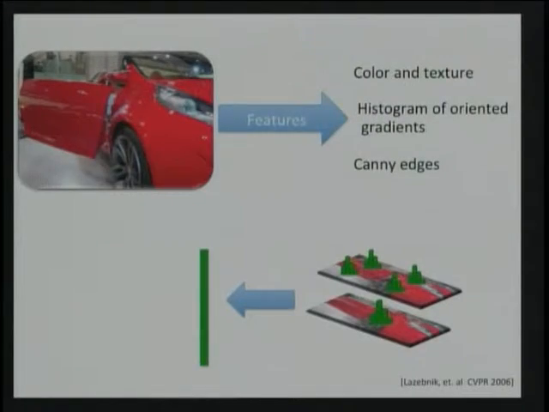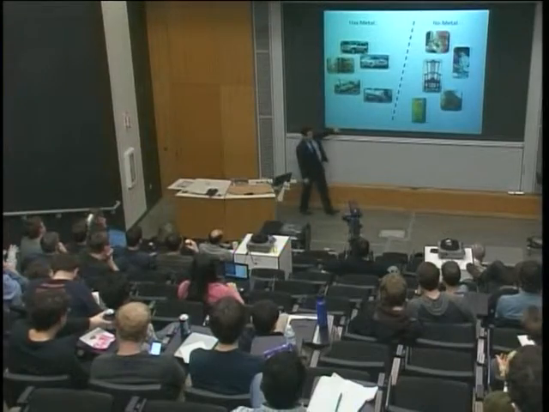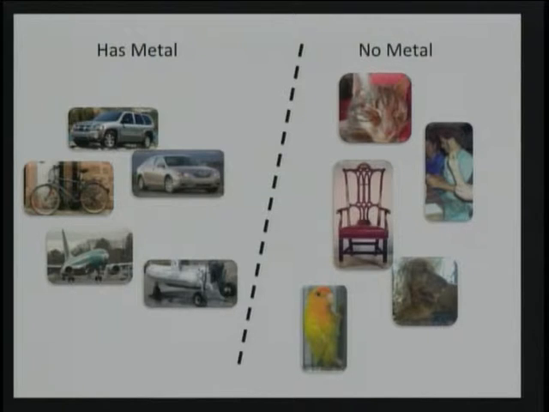Well, first, for those of you who are interested in features, our strategy is we just try to cover the bases. So what we did was we used color and texture information, the famous histogram of oriented gradients, and scanning edge detectors, and we just couple all of them together with a spatial pyramid, and that results in a big feature vector representing my images. If I want to learn an attribute classifier, I fit a classifier to examples of images that have that attribute versus examples of images that don't have that attribute.